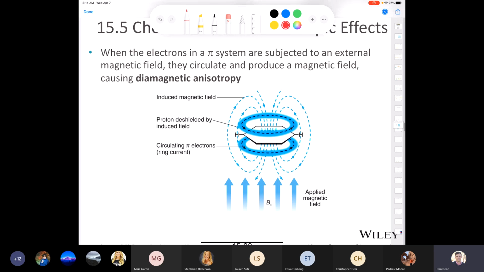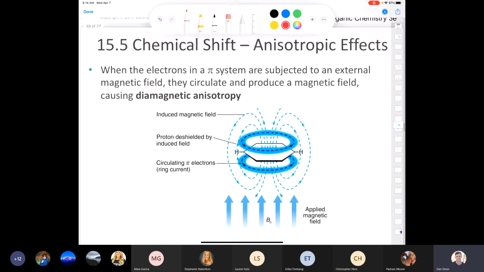We look at a lot of aromatic compounds in Organic Chemistry 1 and Organic Chemistry 2, right? Everybody here is familiar, hopefully, by now with an aromatic ring. Okay, this is an aromatic ring. This is actually just benzene. And you see that all 6 of the protons on benzene are chemically equivalent. But what happens is, when we subject benzene to an external magnetic field, the pi electrons